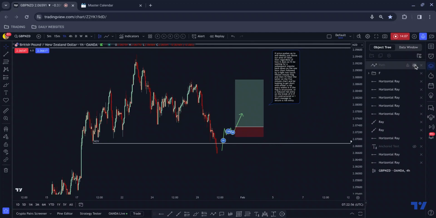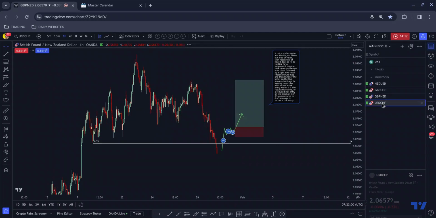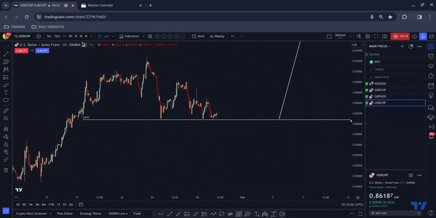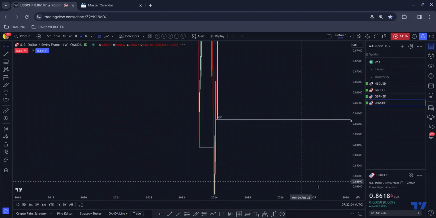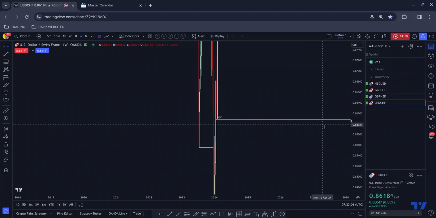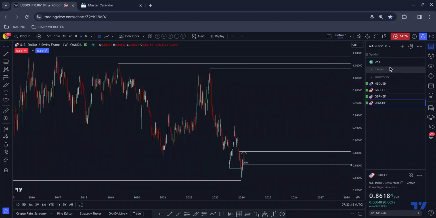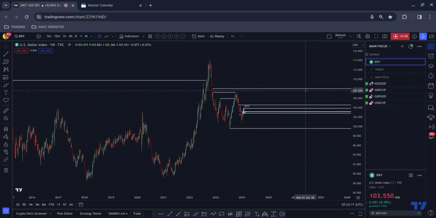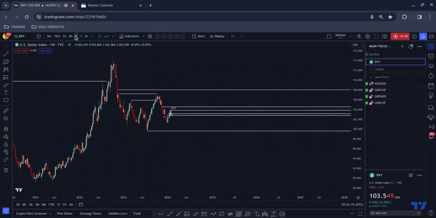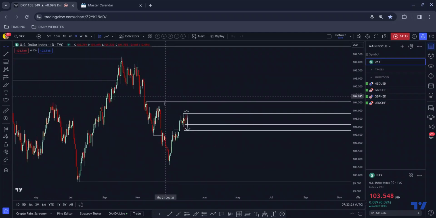So that is pound Kiwi. So moving on to the last of the pairs, which is dollar Swiss. So let's just break this down. This moves very much in alignment with the DXY. Okay, if we just flip to the DXY, the dollar index, you can see that there's similarities between how